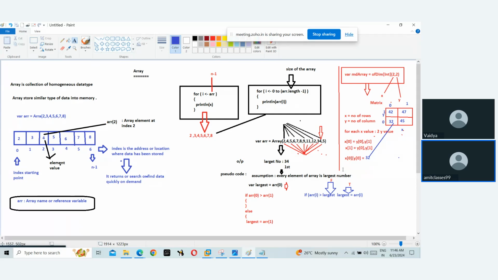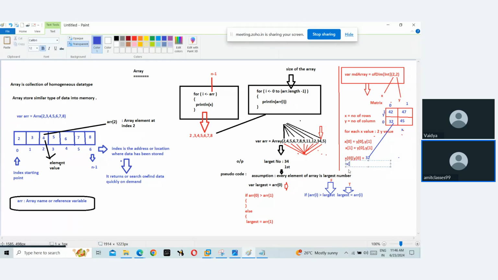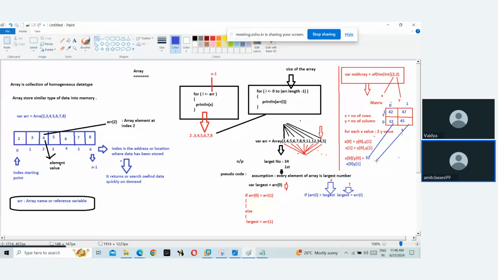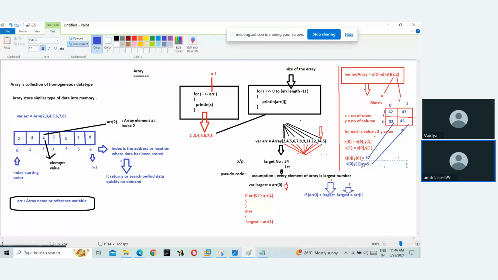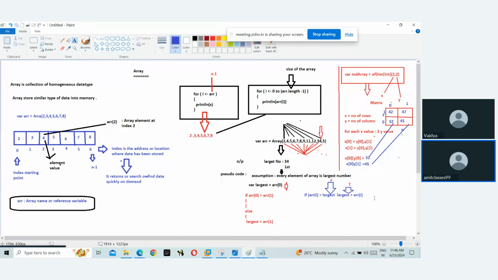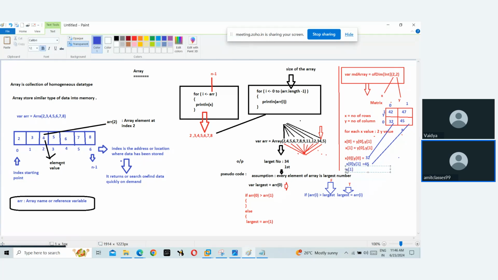x of 0 and y of 1, that is this matrix we are talking about, 55. Next, if I want to get x of 1 and y of 0, x of 1 and y of 0,